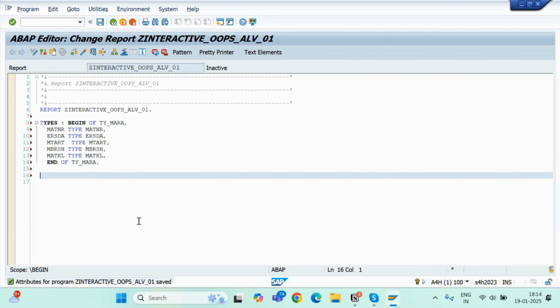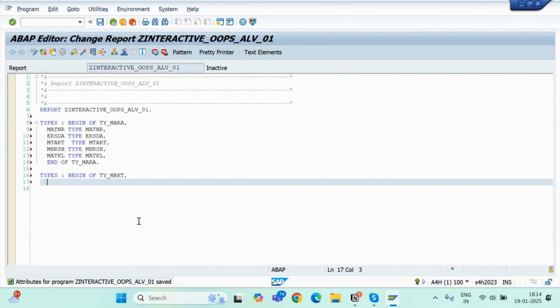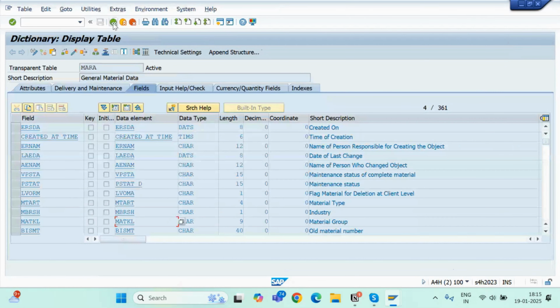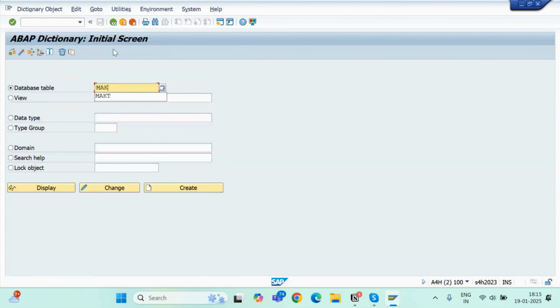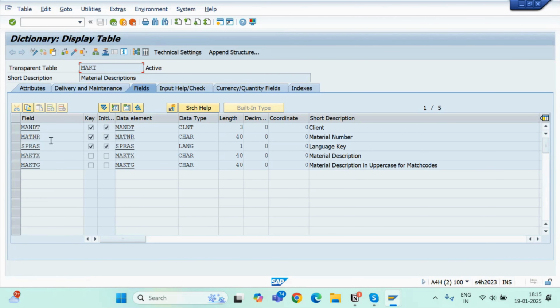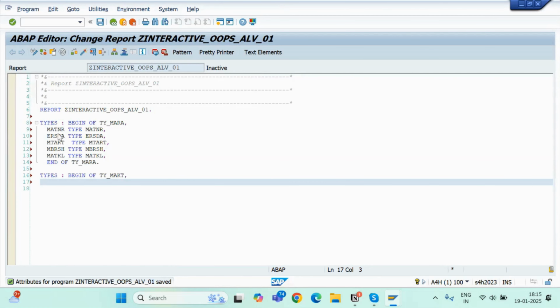Okay. Then I will have a MAKT data. So types begin of ty_makt, and I will create the fields for it. So MAKT table, material description table, and I will take the fields from here. MATNR, type MATNR,